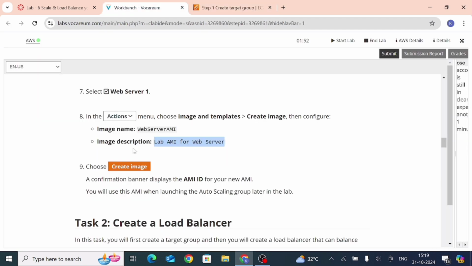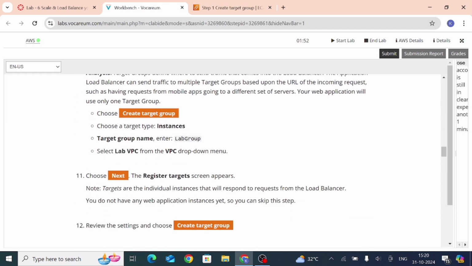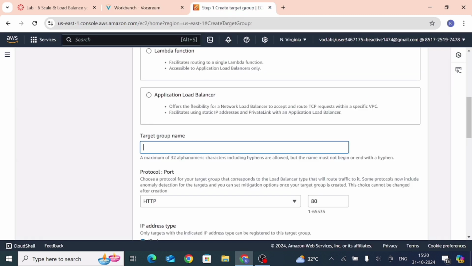So go back to the workbench. We are performing task number 2 and here it is, the target group name. Just copy the name, go back to the console and paste. Now select the lab VPC.